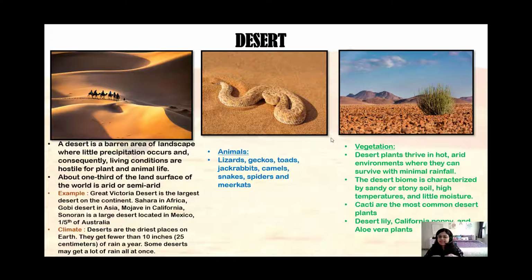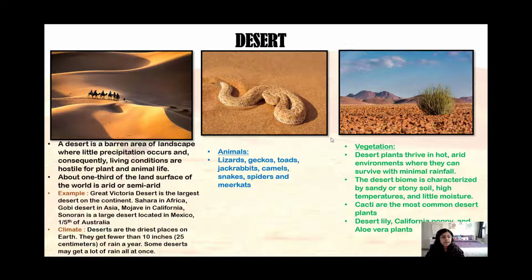Second habitat is the desert. A desert is a barren area of landscape where little precipitation occurs and consequently living conditions are hostile for plants and animals' life. About 1/3 of the land surface of the world is arid or semi-arid. Example: Great Victoria Desert is the largest desert on the continent. Sahara in Africa, Gobi Desert in Asia, Mojave in California, Sonoran is a large desert located in Mexico and